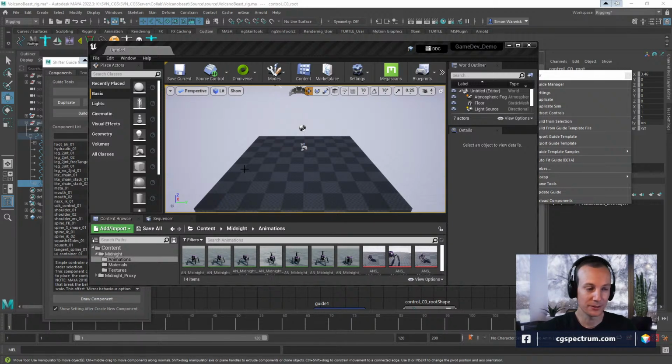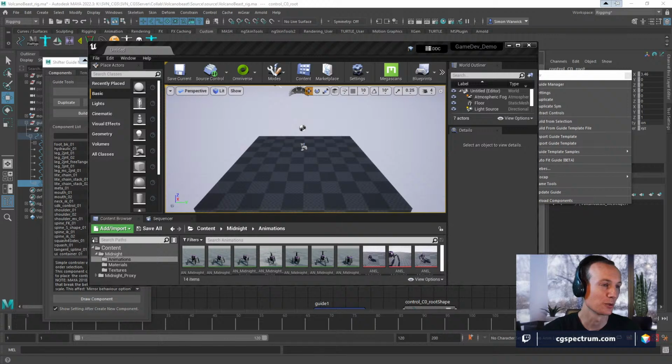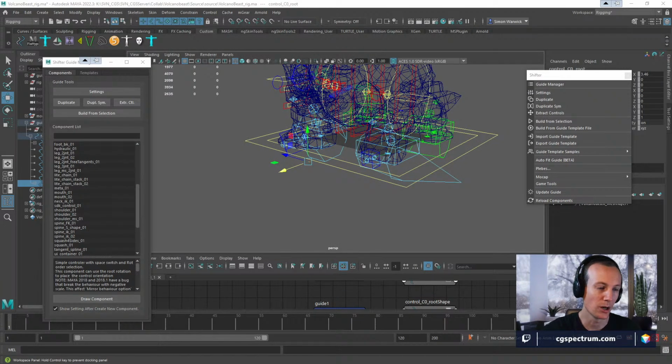You definitely have an advantage if you can do some scripting, and I always try to push that on all the artists and students that we have, because it's surprisingly easier than you think, especially in Maya, because it's recording all your operations.